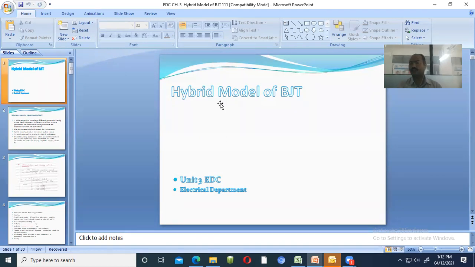See, in case of voltage, there is one unit, voltage is in volts, current is in amperes, resistance is in ohms, right? But whatever output comes with respect to your BJT configuration is different. That's why its name is hybrid model of the BJT. Model indicates that we have analyzed the same thing with respect to configuration, as an input thing and as an output thing. That's why its name is hybrid model of the BJT.